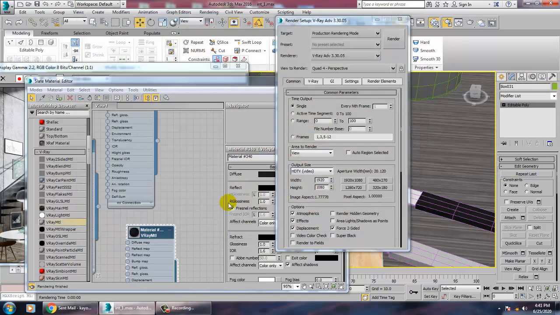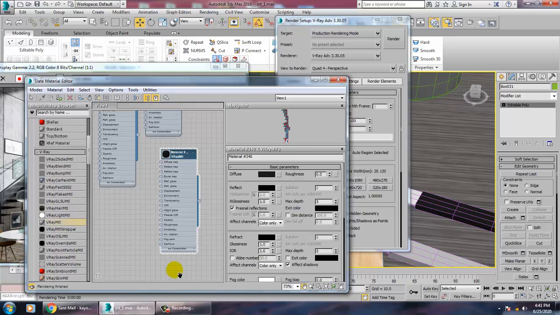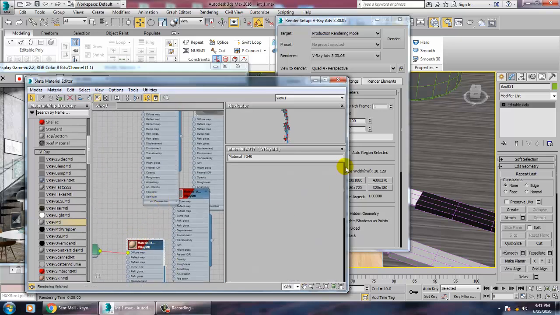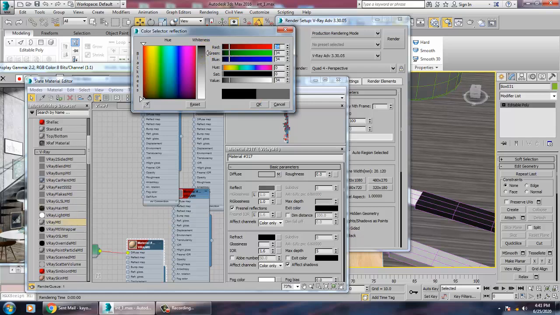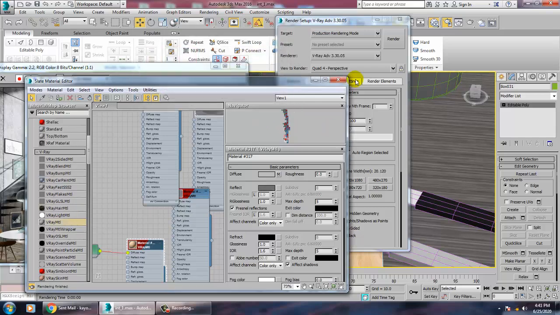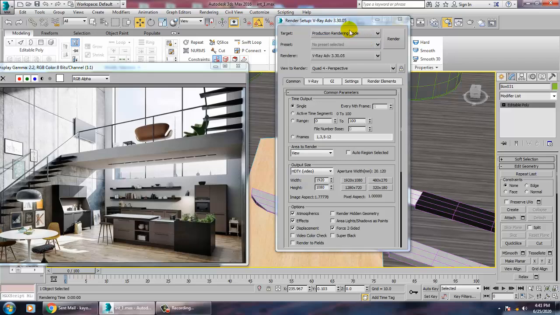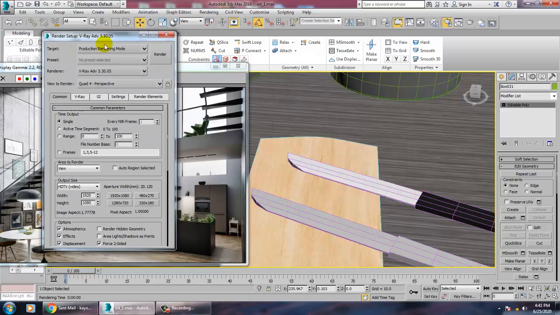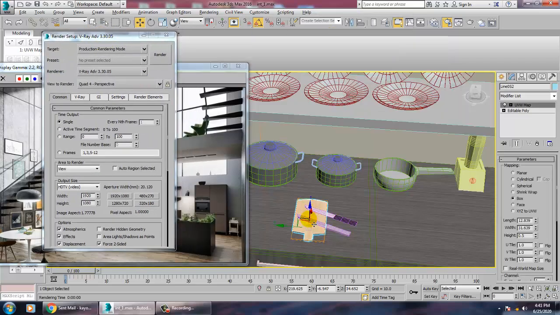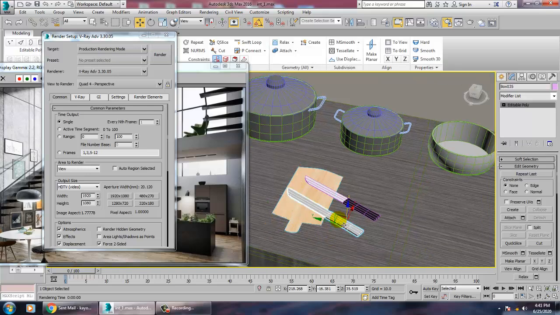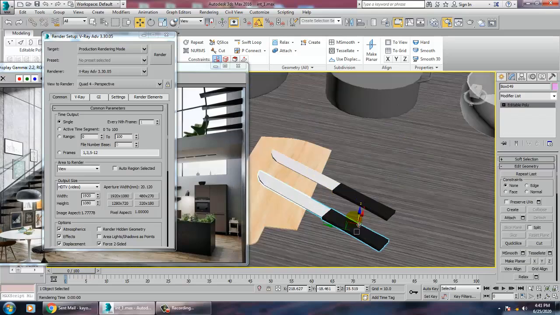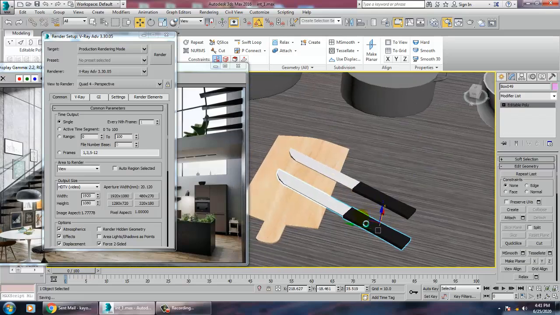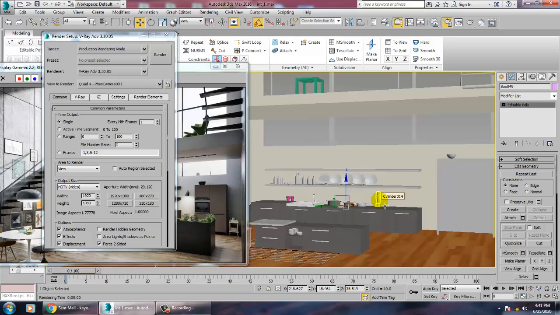So once you're giving this for the ply ceramic, the wooden, you can give a bit of reflection for this. That is the pad for the vegetable cutting. So just delete this and just make a copy of it. That's it. So just save your file. Let's go back to the camera view over here.